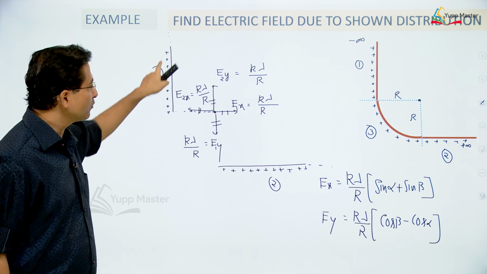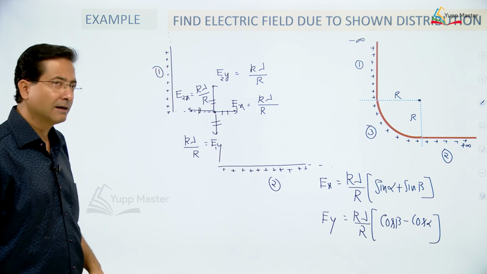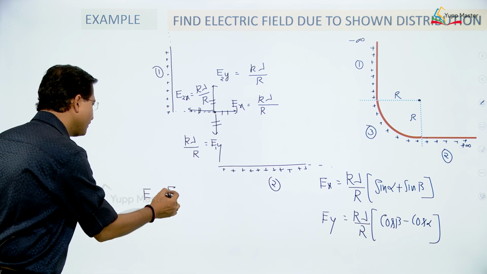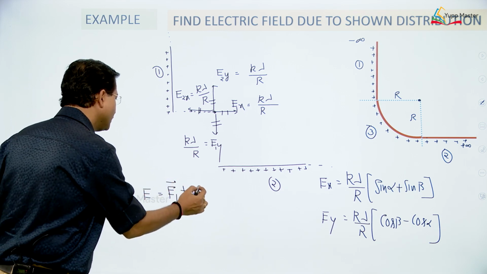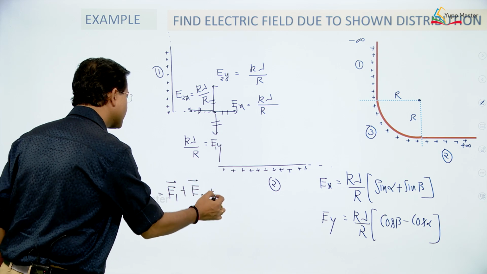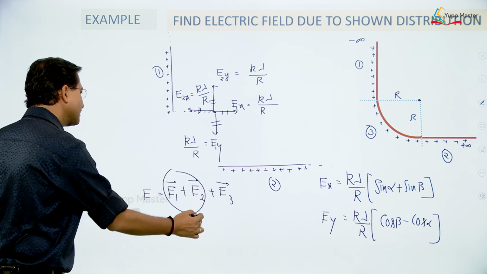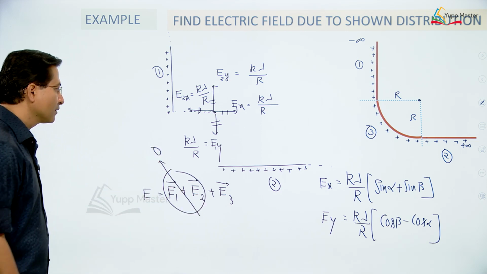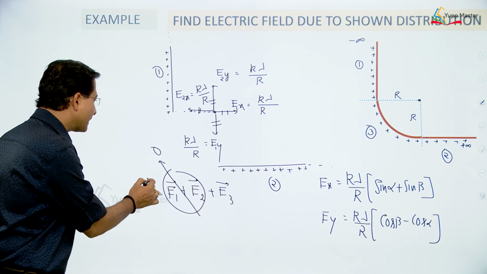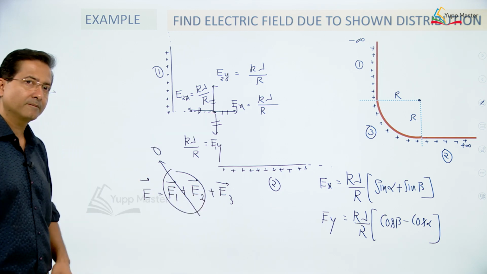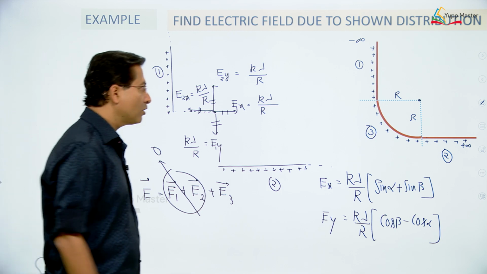So if these two are not producing any field at this particular point, the net field is given by the field produced by the first vector, the field produced by the second vector plus the field produced by the third vector. These two in combination cancel each other. That means the net field coming at that particular point is only because of the third one. So only because of this one,